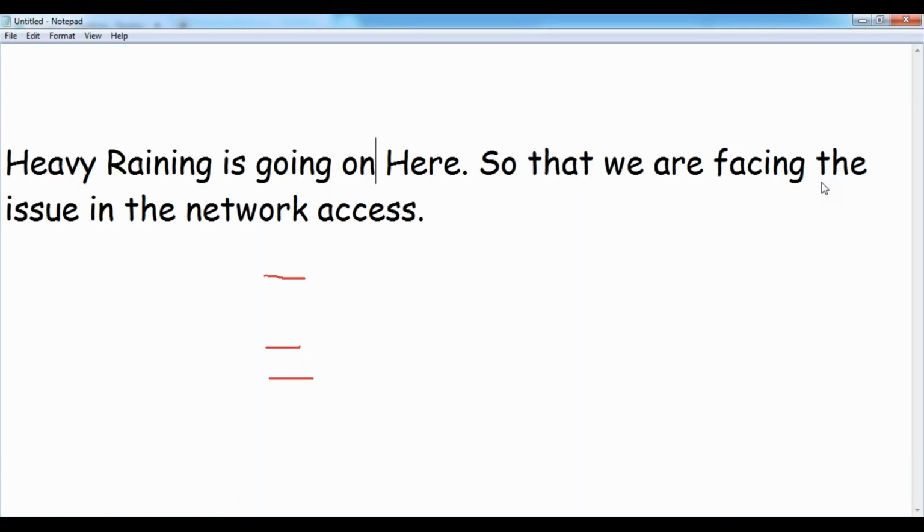Okay, so we'll do one thing. Shall we continue the session on Monday again? Sir, there is heavy rain going on here, and that's why we are facing network issues and it keeps fluctuating. Okay, sir, fine. What about the development session tomorrow? The development also will face the same problem, so we'll have the development session also on Monday.